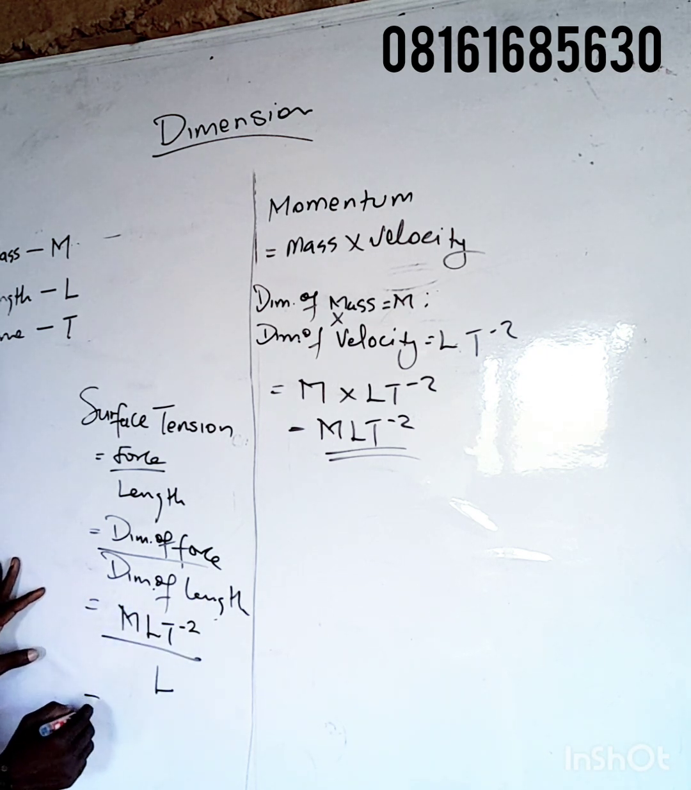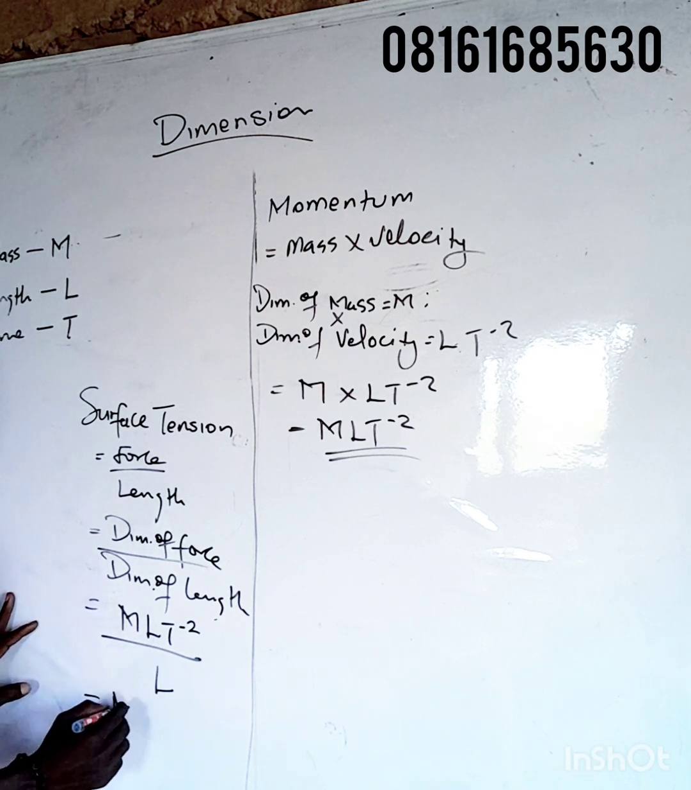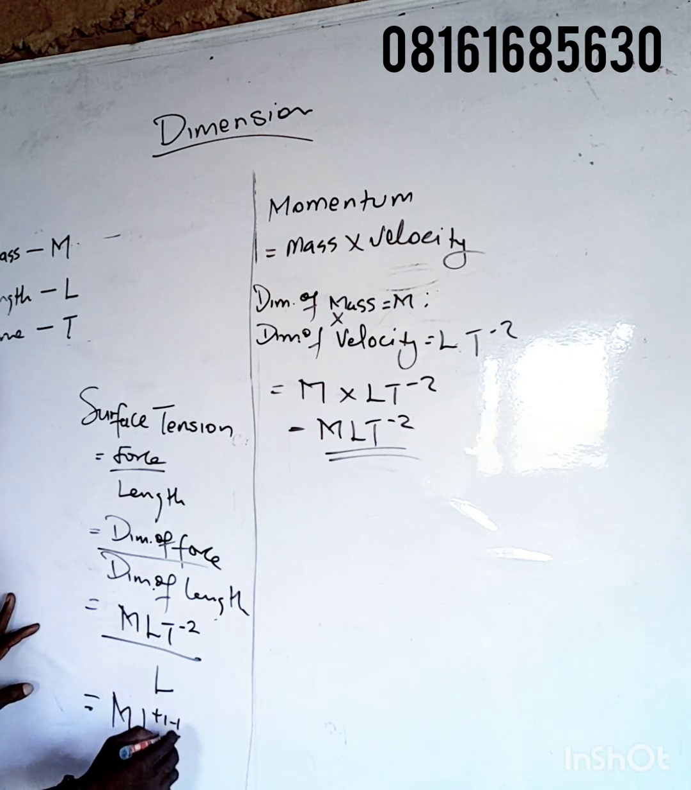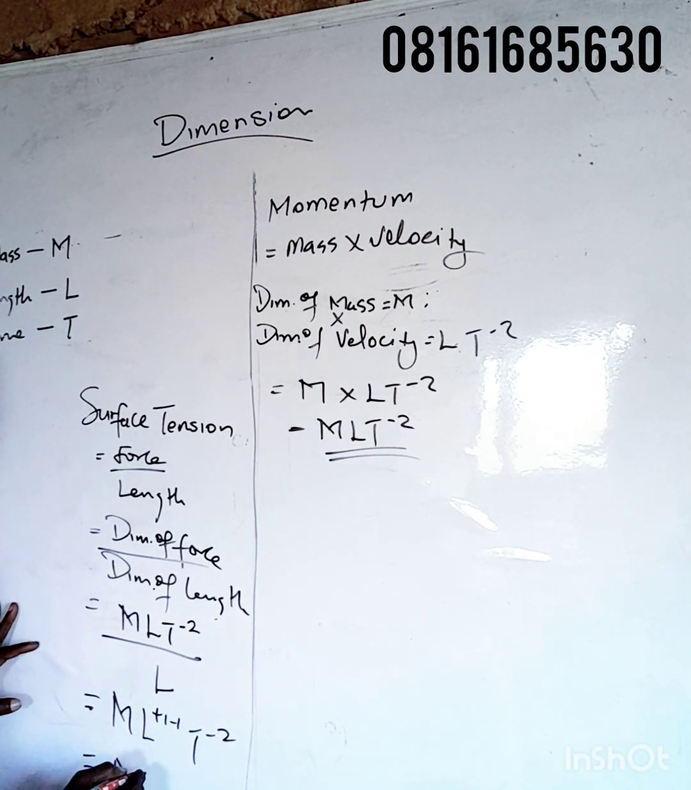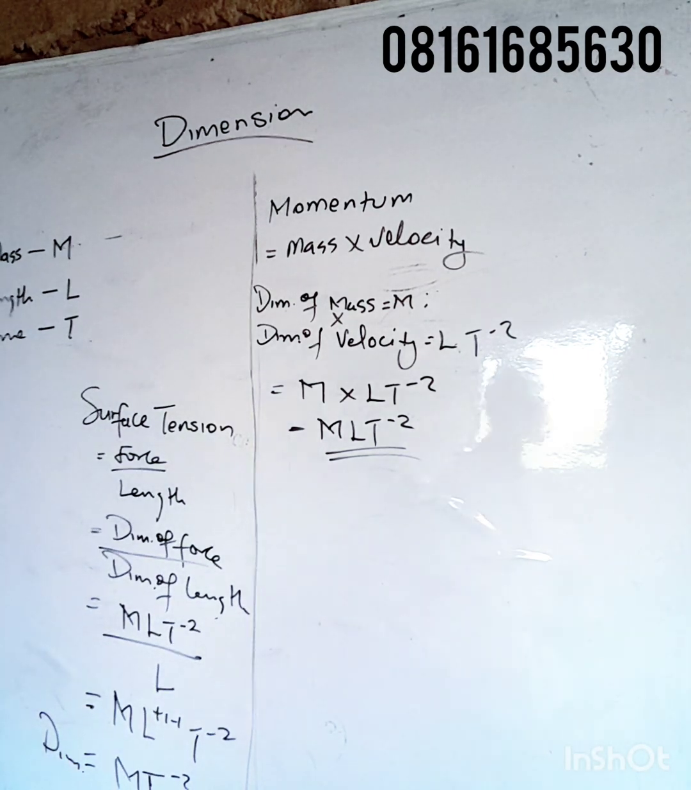Then the length is L in this place. So we are going to have M, L to the plus 1 minus 1, followed by T raised to the power minus 2. That will now give you M. The L plus 1 minus 1 will give you 0. So you are going to have T raised to the power minus 2. That is the dimension of surface tension. Assuming that